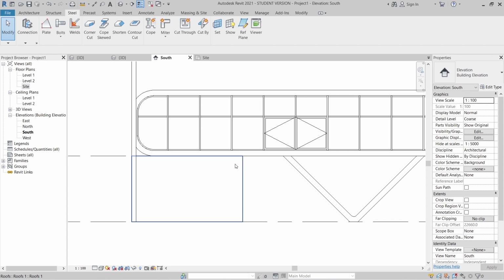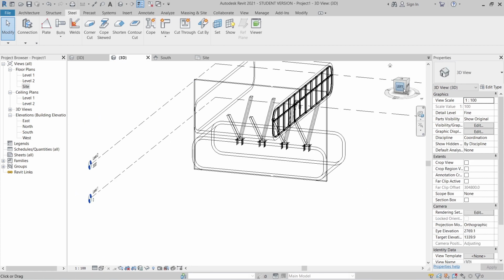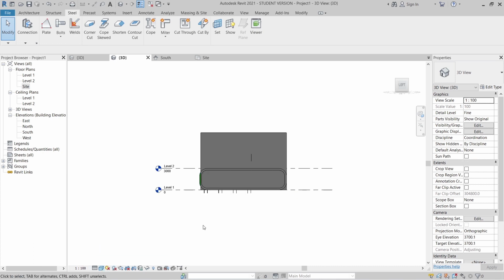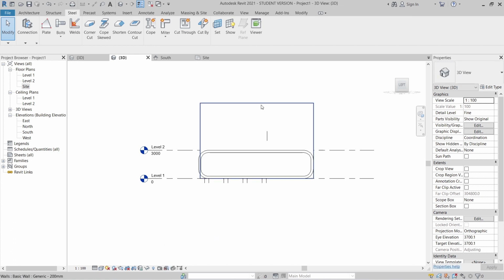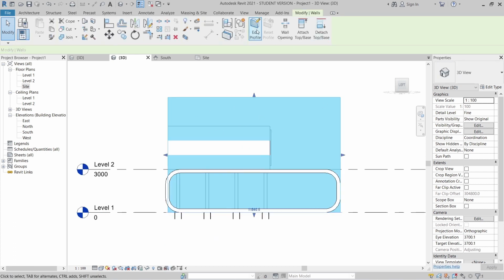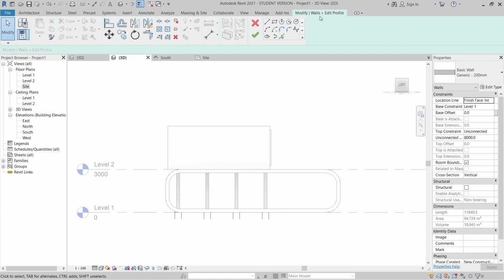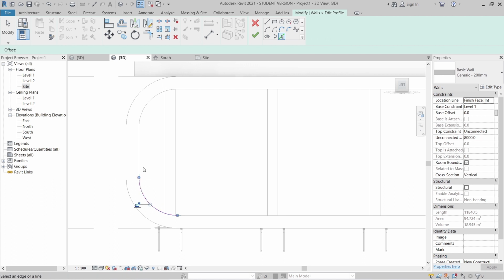Okay, perfect. Then I'm going to my 3D here, start from the left side here and make it shaded color or make it hidden line. Select my hidden line, my wall here, edit profile. Simply the same process, delete all and use our pick line again. Make sure you pick the correct position.